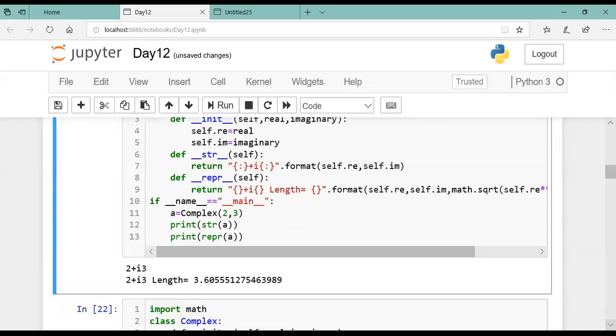So the wrapper method goes one step ahead of the str method. Both are method overloading only. Okay. Should I go to the next part now? Is it okay, students? Okay. Now,